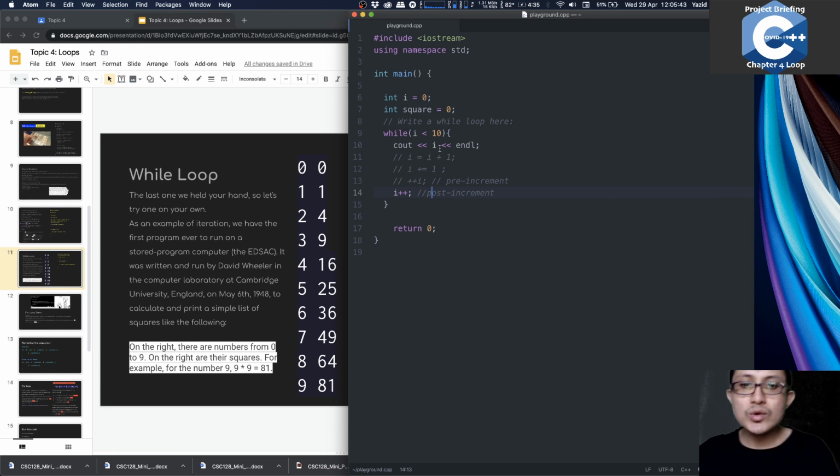Alright, so we have managed to print out the value of I here, but we have another vertical column which displays the square of this I. The square of this I is going to be displayed on the right side. So how do we do that? The easiest way is to do it on the same cout line here. So we add another